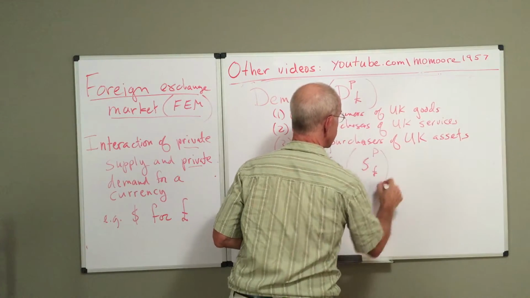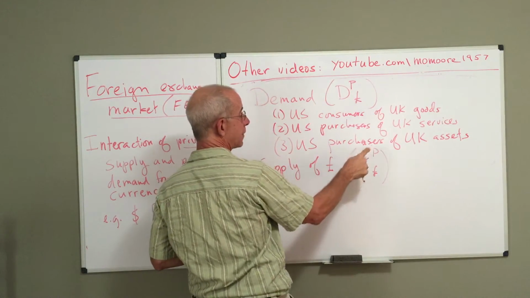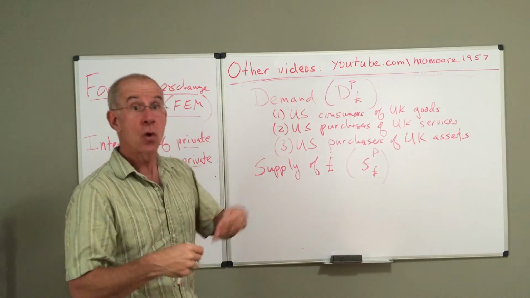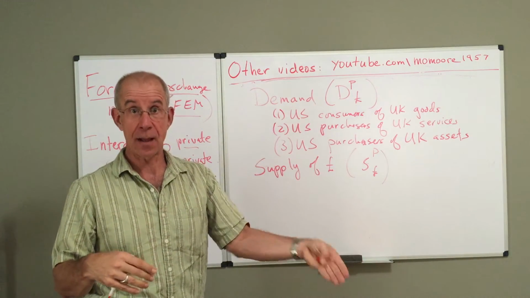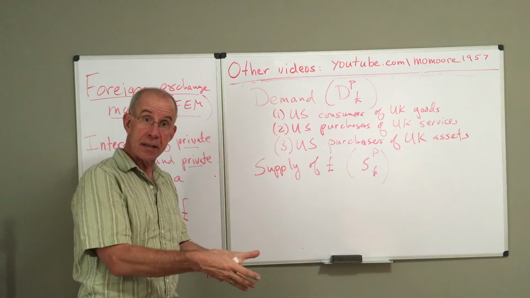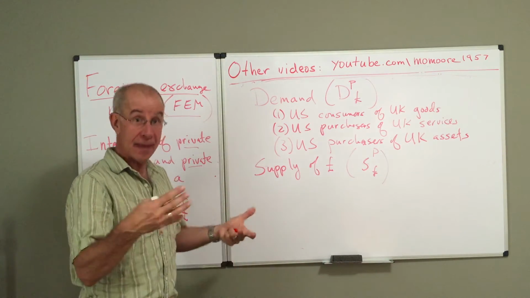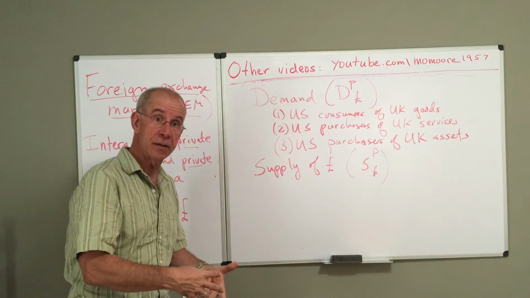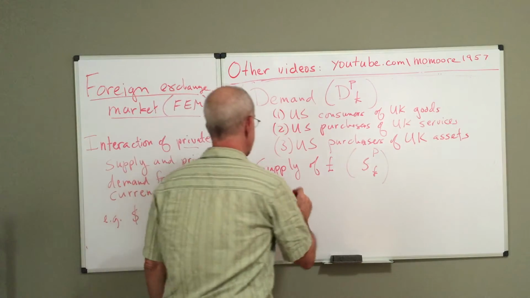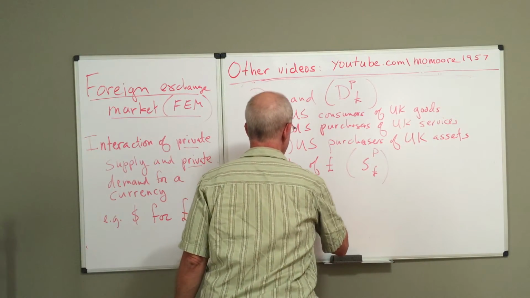Again, this is the private supply of pounds. These are people who have pounds who want to exchange it for dollars in the foreign exchange market. Now, who's going to be supplying pounds? That's going to be UK citizens who want to get US stuff. So we've got the UK